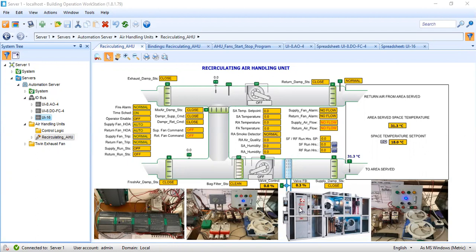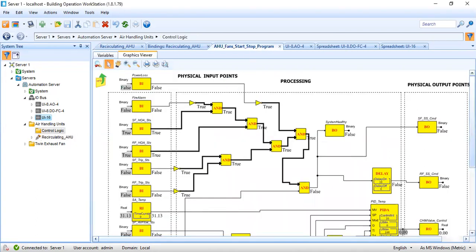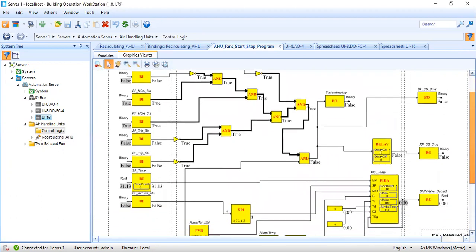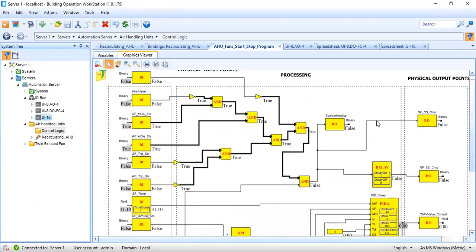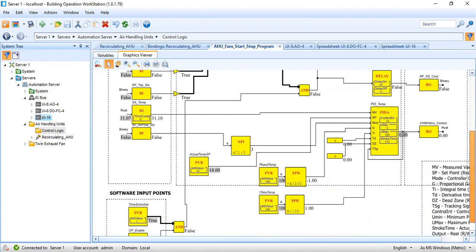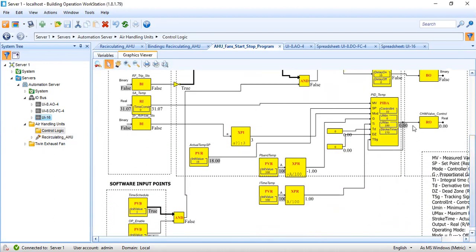Okay. So today what I'm going to do is to show you how we are going to control, or I will show you the control logic program for the control of the valve. So now let me show you the program. Now this is my program. So I just incorporated the control for the valve. Now this upper portion is my control for the supply and return fan. Then this portion is my control for chilled water.